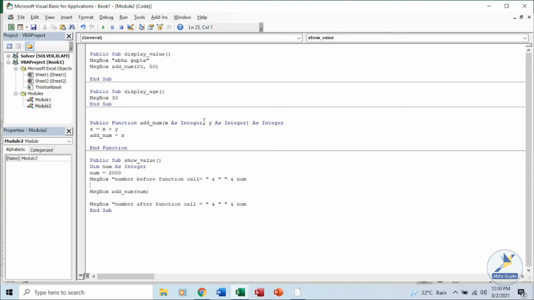We are passing only one value, so let me make a little modification over here. We have only one value over here, add number, and inside this, what we are trying to do is the variable which is there, we will say x is equal to x plus 1000.